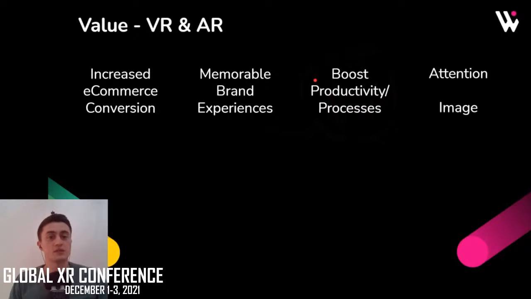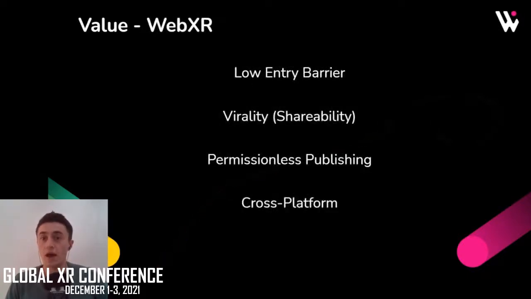Often enterprises or manufacturing, generally the industry uses VR or AR to boost productivity or improve processes. You can garner a lot of attention through just using new technologies, and your image of being forward-thinking or progressive can help attract new workforce. On top of this,